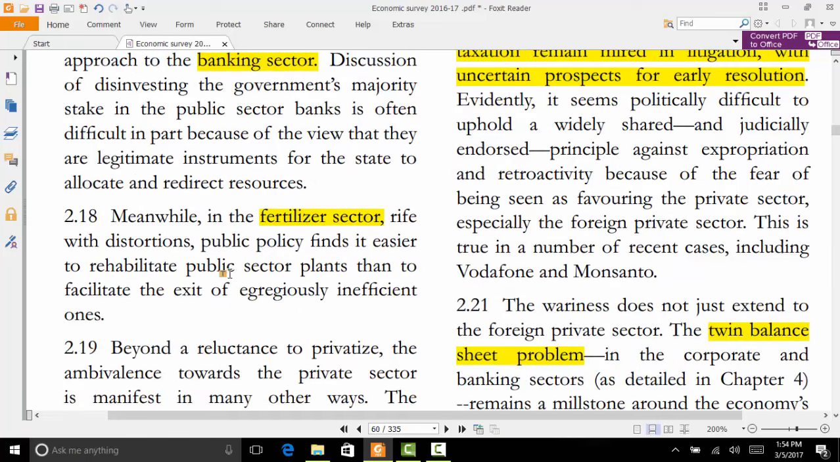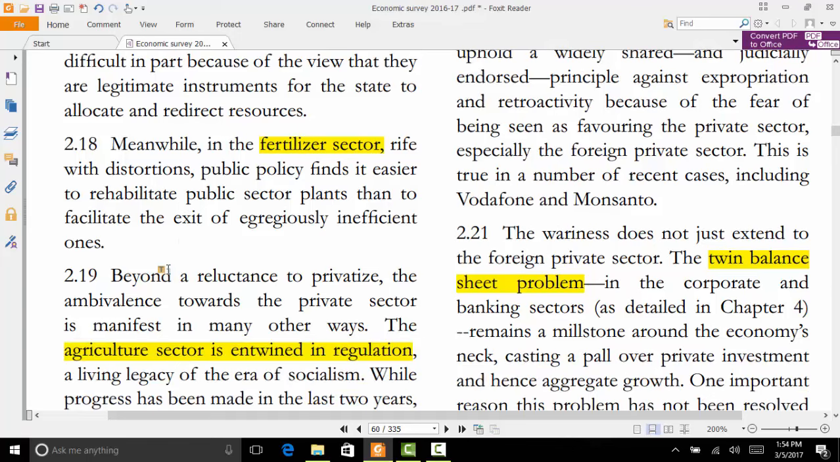In the fertilizer sector also, they're trying to rehabilitate those inefficient fertilizer plants, as we discussed in our previous discussion on fertilizers, right? What happens there? In fertilizer, in urea, basically it is a cost-based subsidy, right? What happens in a cost-based subsidy? The subsidy is based on the cost. Higher the cost, higher the subsidy. It means it incentivizes inefficiency. Any public sector fertilizer plant goes for trying to rehabilitate rather than increasing efficiency. So it says that it finds it easier to rehabilitate public sector plants than to facilitate the exit of